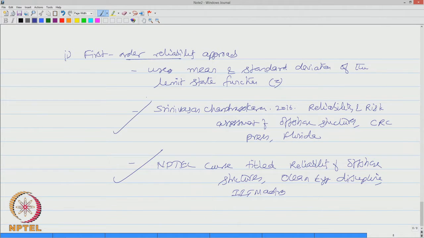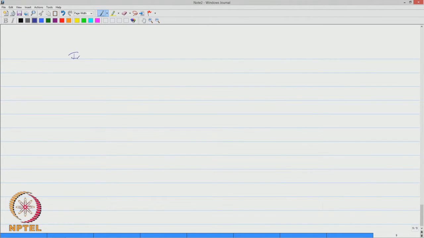So, please look into these two references in detail to know more about the first order reliability approach as applicable to conventional design procedures. In particular, under the fire load situation,